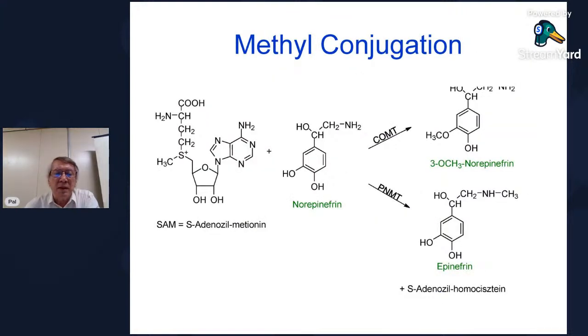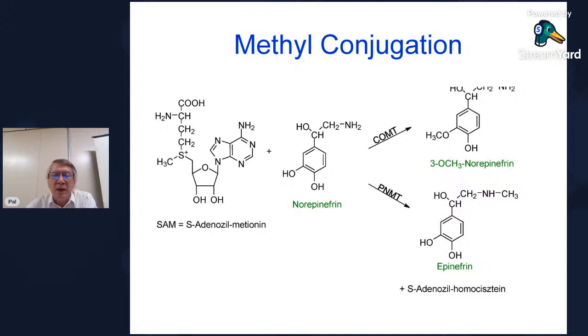For example, here is norepinephrine as an endogenous compound, and here is the S-adenosyl methionine, adenine, ribose, the methionine unit with the activated methyl group, and this activated methyl group, as known from basic biochemistry, can be transferred to an oxygen atom of norepinephrine by means of the catechol-O-methyltransferase,